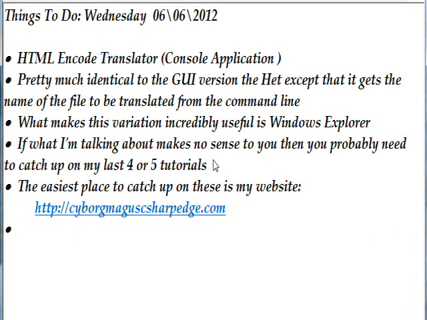We're finishing up this series of tutorials on the HTML encode translator with the ultimate goal program, which is the console application version of HTML encode translator, or just HET as I've been abbreviating it. The console application variation of this is almost identical to the GUI variation that I showed you in the previous tutorial, and I